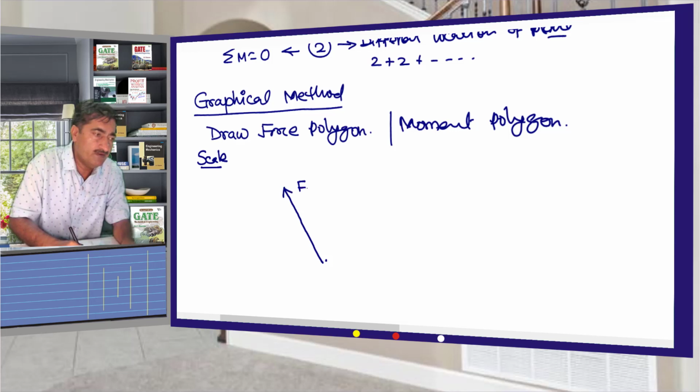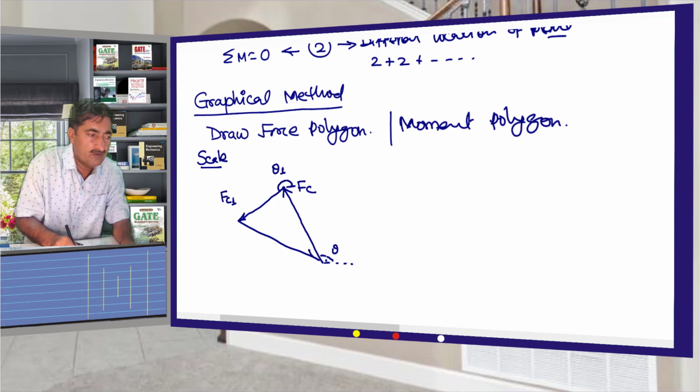This is FC. This is theta. Then draw FC1. This angle is theta 1. For perfect balancing, this is FC2. The angle is